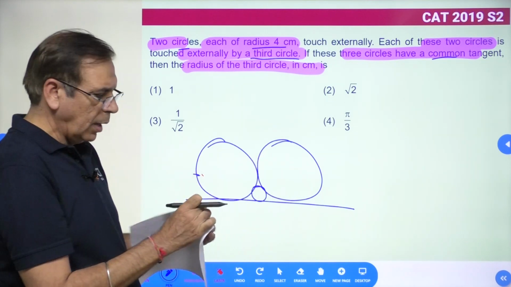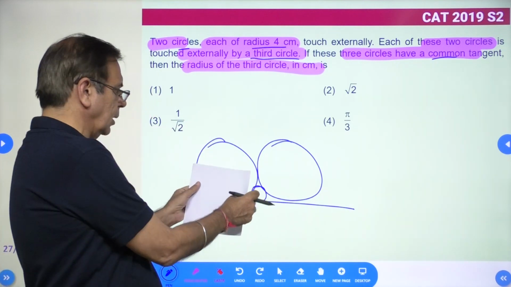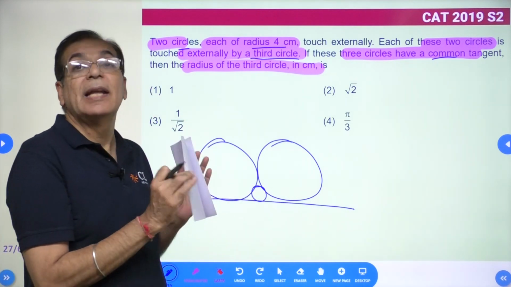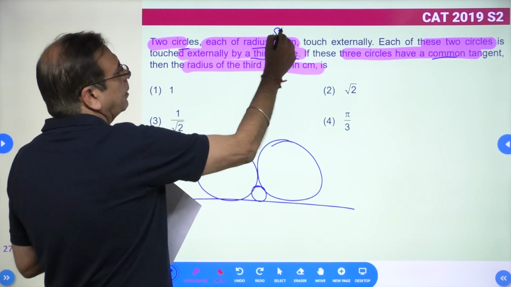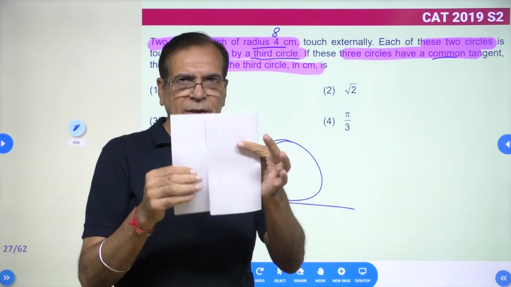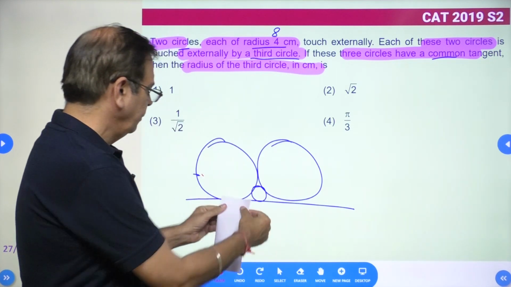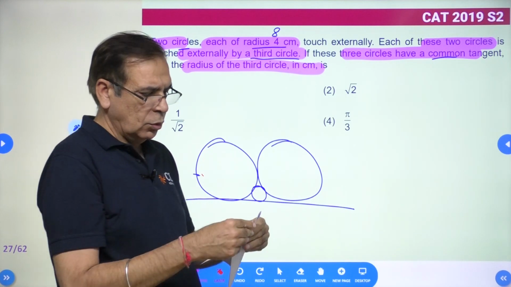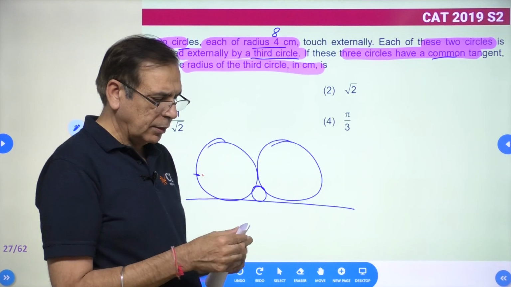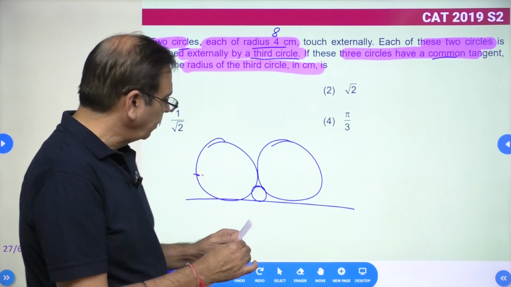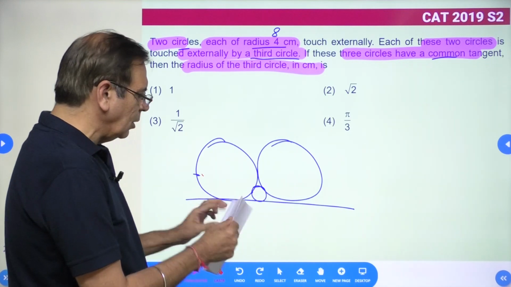So as far as we are concerned, this is the diameter of the bigger circle, and we need to find the diameter or the radius of the smaller circle. If this is the diameter of the bigger circle, radius is 4, so the diameter is 8. So if this is 8 centimeters, half of this will be 4 centimeters. So the diameter of the smaller circle has to be less than 4 centimeters. And what about the diameter of the small? Yeah, 2 centimeters. See? So when we measured this on the screen,